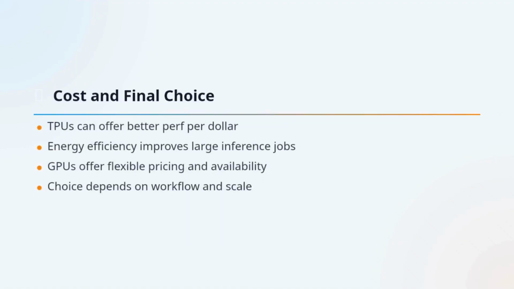Cost and efficiency also depend on what exactly you are running. TPUs can provide better performance per dollar for very large training jobs, and some generations are more energy efficient for inference too. GPUs are easier to find, come with more pricing options, and support a wider range of custom workloads. So that completes the comparison. Choose TPUs for massive TensorFlow or JAX workloads on Google Cloud, and choose GPUs for flexibility, PyTorch, and broader computing